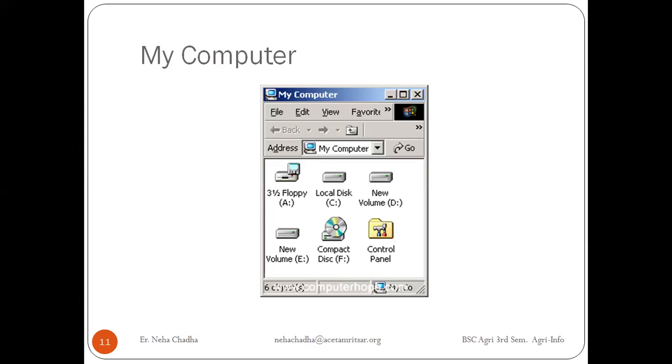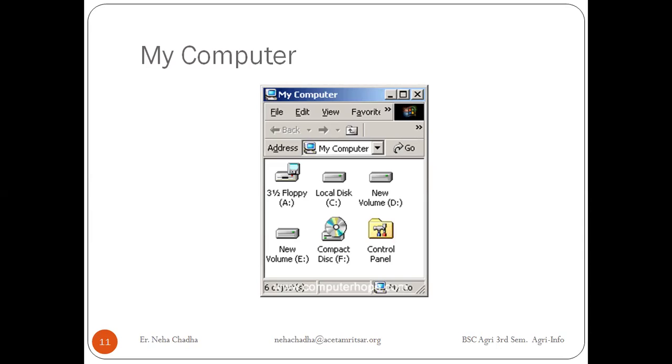The reason is, firstly, A and B are reserved for the floppy disk. Earlier, when the floppy drive was available in the system, there were no USB or pen drives. People used to generally use floppy disks. Then 2 drives were fixed with the names A and B for the floppy disk. And hard disk partitioning will start from C up to, depending upon how many partitions you have made.